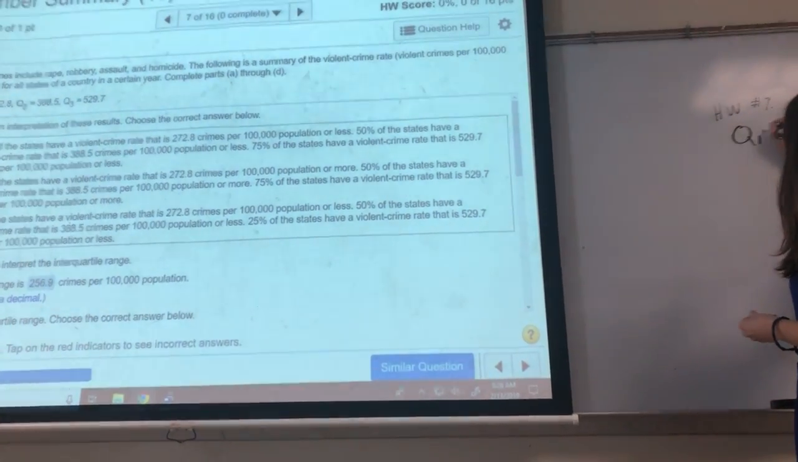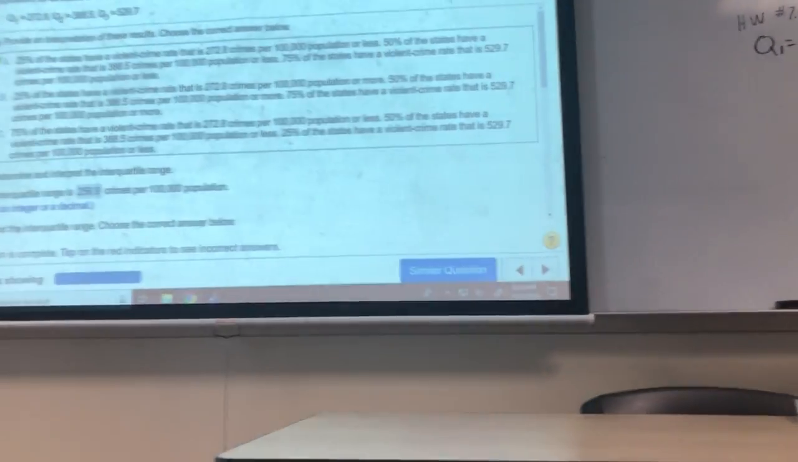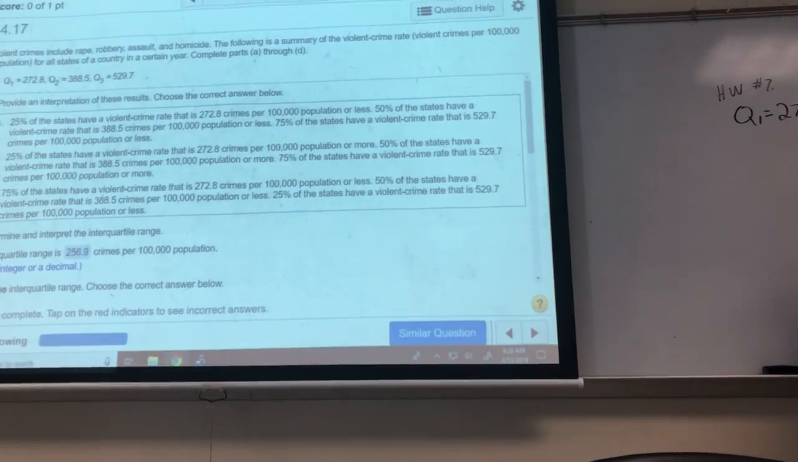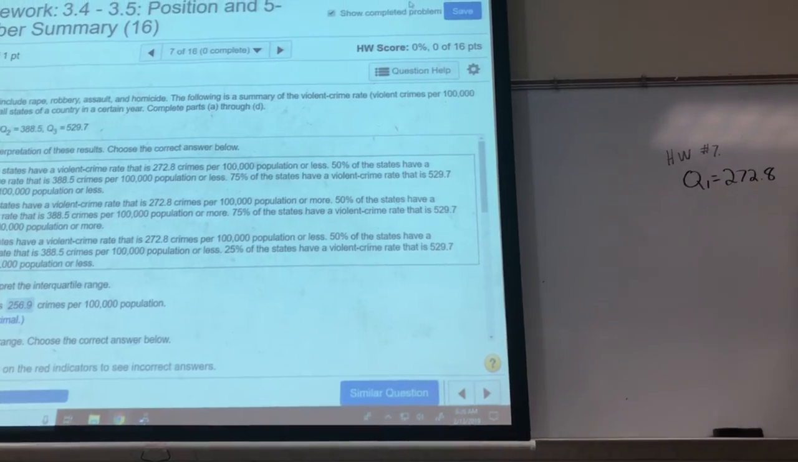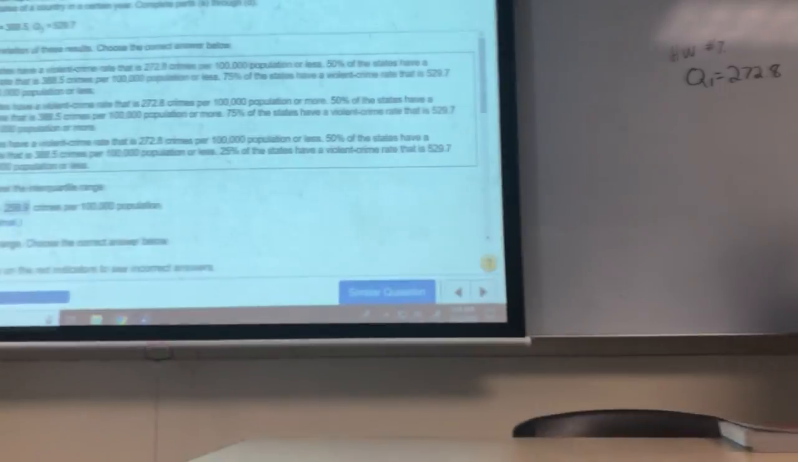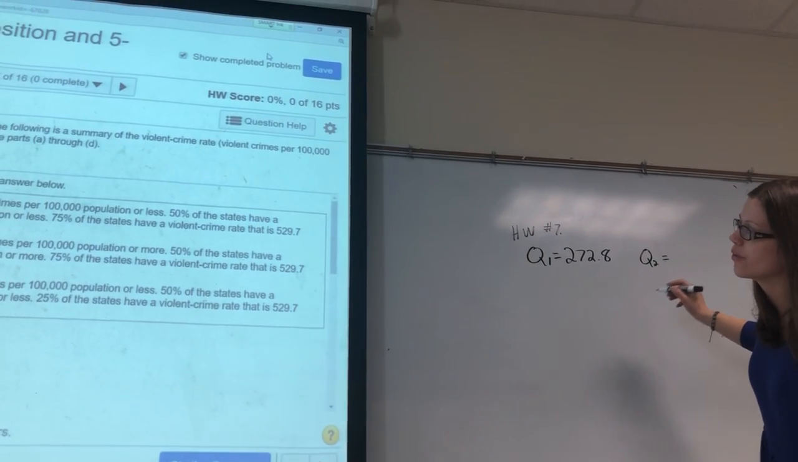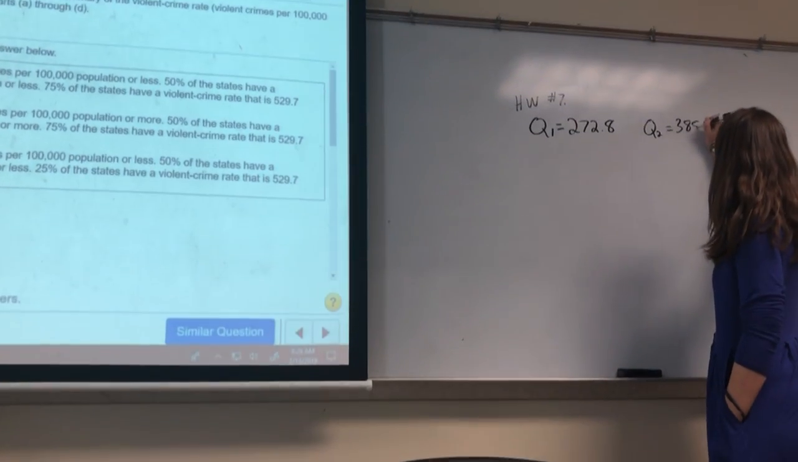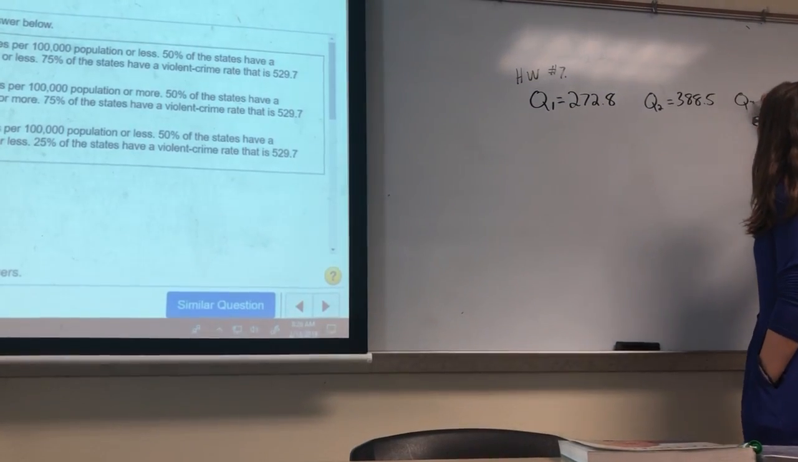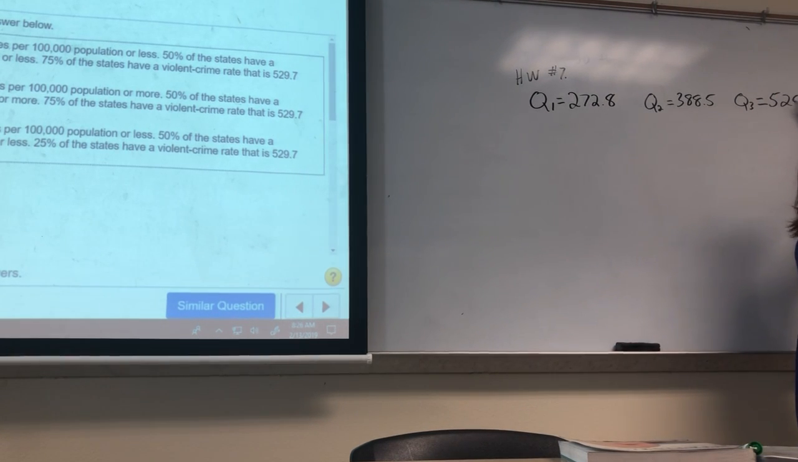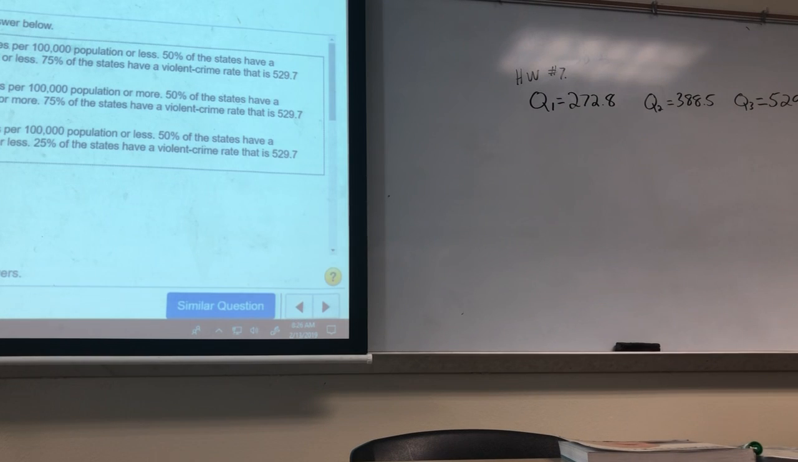Okay, so they tell me my Q1, my first quartile, is 272.8, and my median, or my Q2, is 388.5, and my Q3 is 529.7. So if I start with doing the box plot for this one, not necessarily complete it, but if I just start,